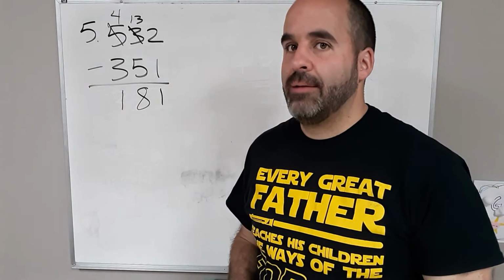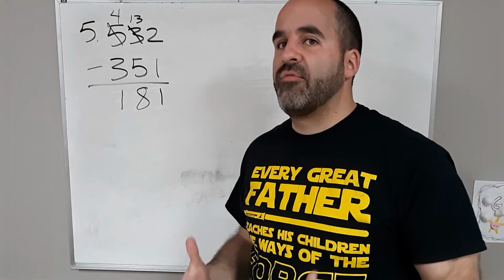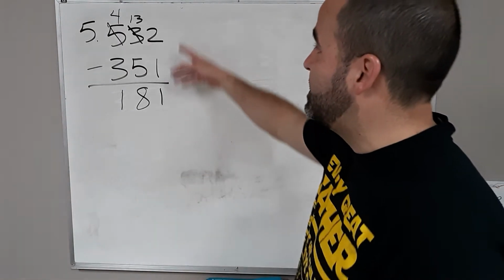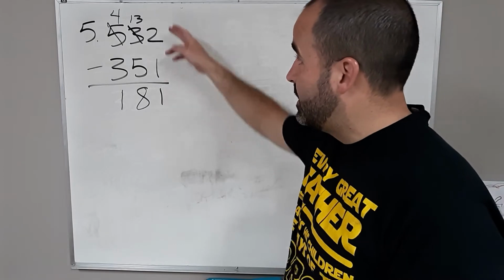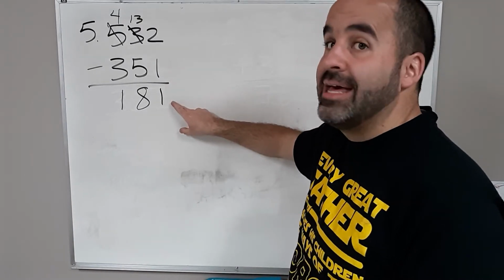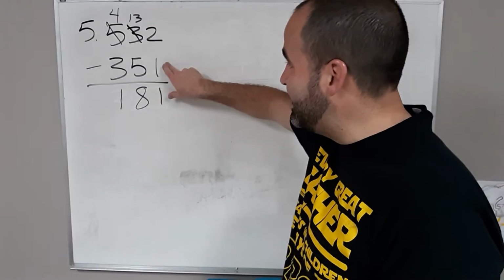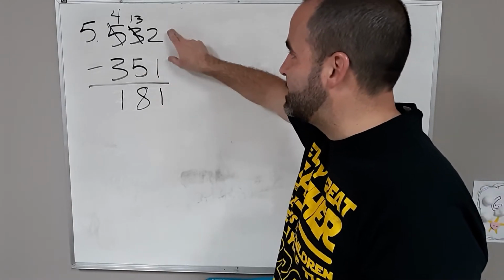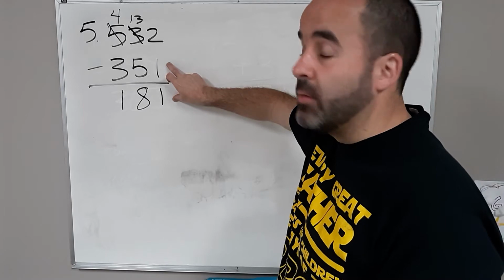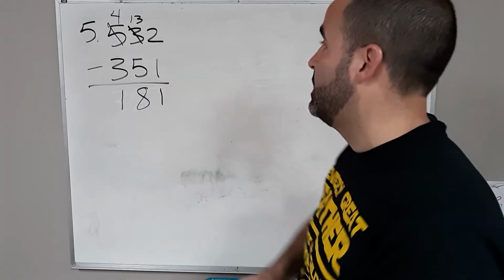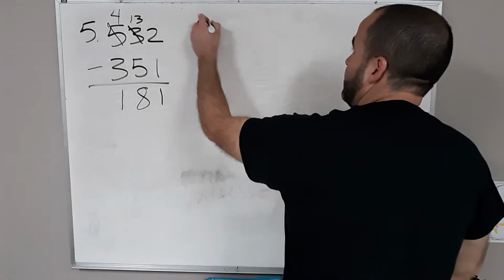Let's check. Now, we know from fact families that if this is a subtraction problem, this minus this equals this, then we should know this too. This plus this equals this. If I add together my bottom two numbers, I should get my top number. So let's do it. 351